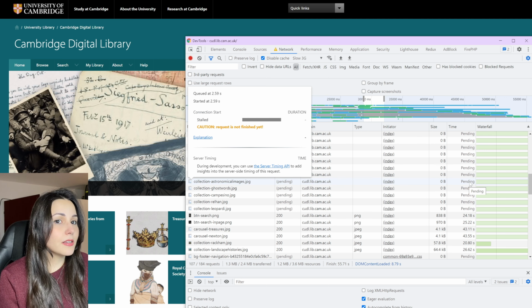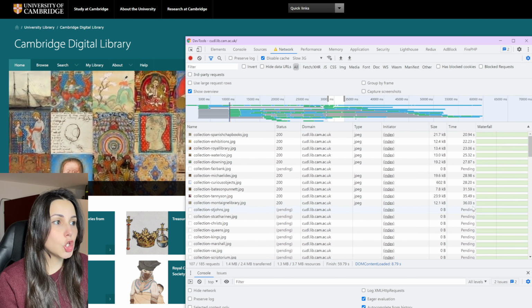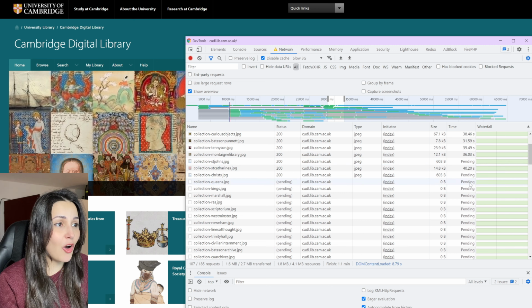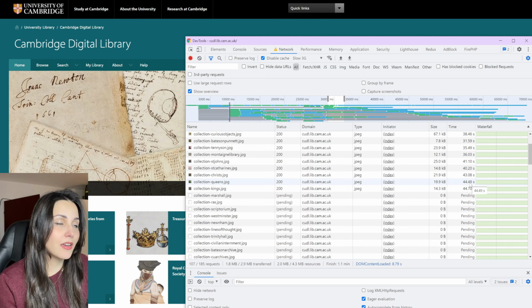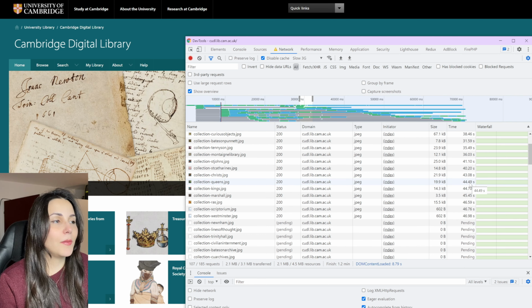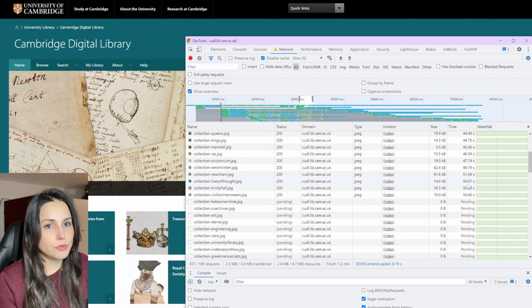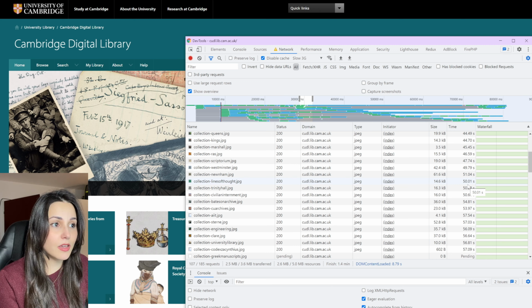So you can see that it takes a very long time. This page is huge. This page takes more than a whole minute to load all of its resources on Slow 3G. That's insane. That's a page that is pretty much optimized for desktop use, right? It's a lot of content behind the scenes, a lot of huge images and stuff,